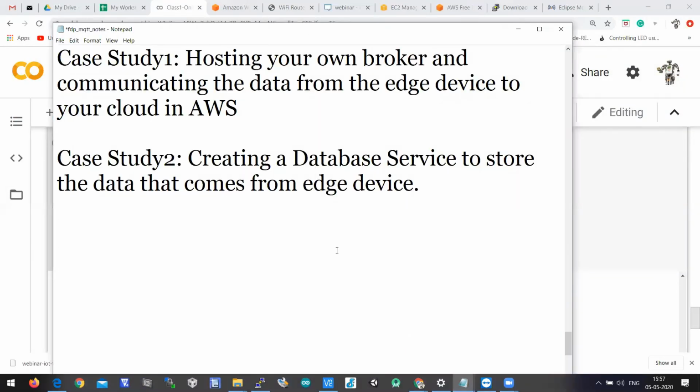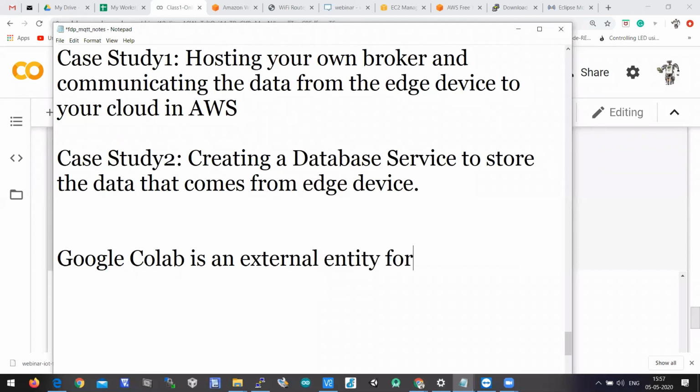So here, Google Colab is an external entity for AWS. Google Colab is the publisher.